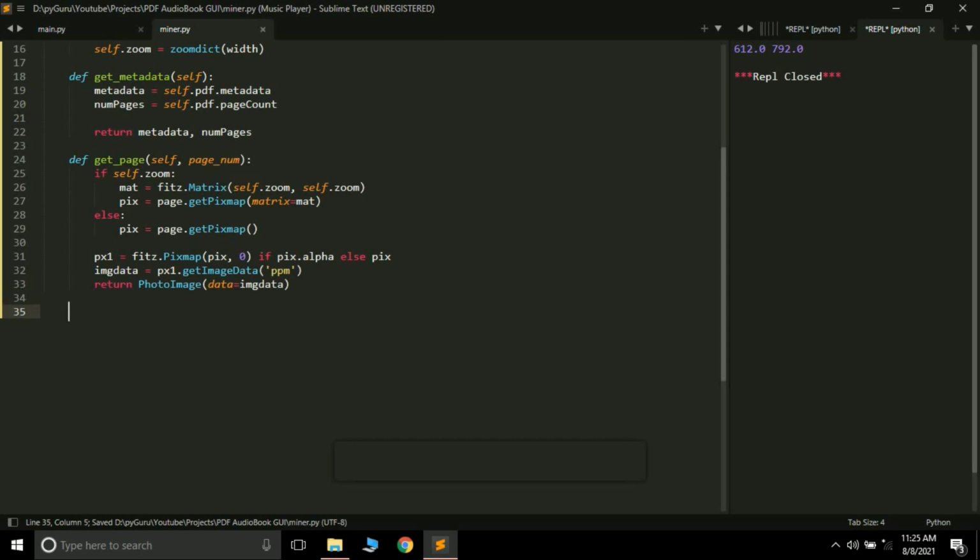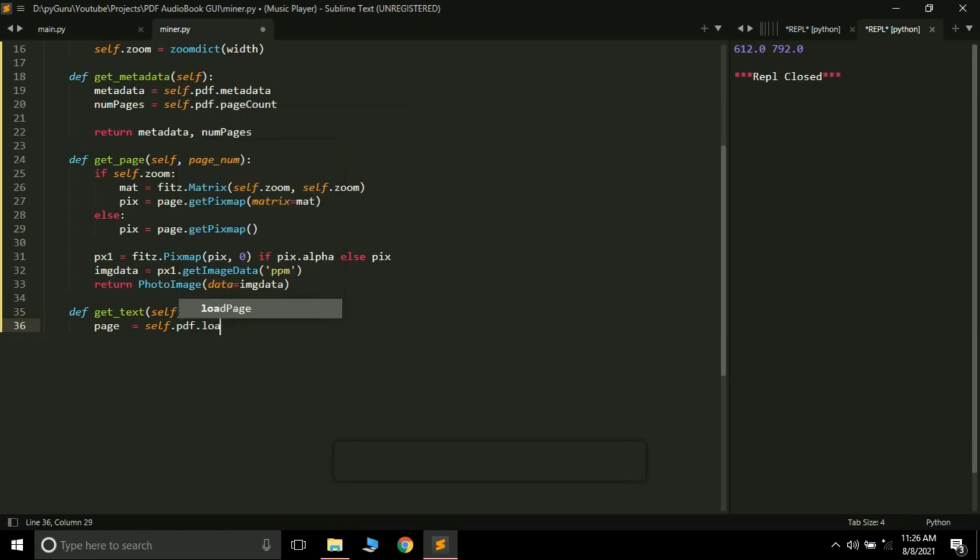The final method is def get_text. It will extract the text for us. So get_text, here again self and page_num. Done. The next thing is page. Here we have to load the page which we want to read, or from which we want to extract text.